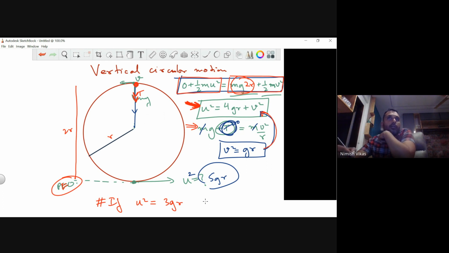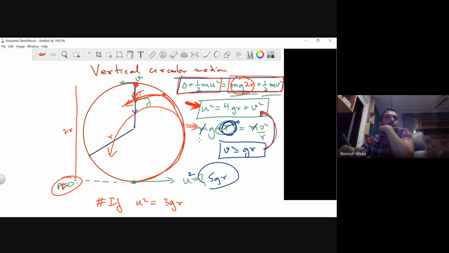It will definitely not cross the circle, right? Yes, sir. It goes up till here and becomes loose. The body is going up, becomes loose and just falls down, right? Say 4gr, it may go till this point and become loose. It will follow the circle to a certain height and then become loose because the velocity is not enough